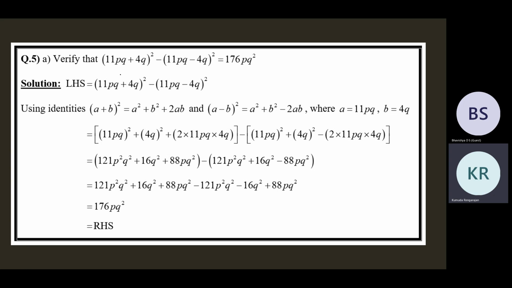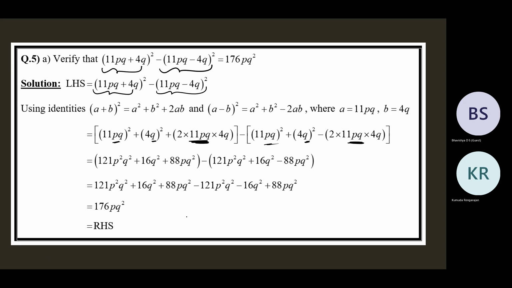So we are expanding this and this using the appropriate identity. See here, a square plus b square plus 2ab for this one. And this one expands to a square plus b square minus 2ab. Then, because there's a minus sign between the two brackets,